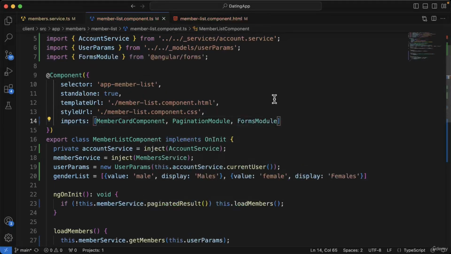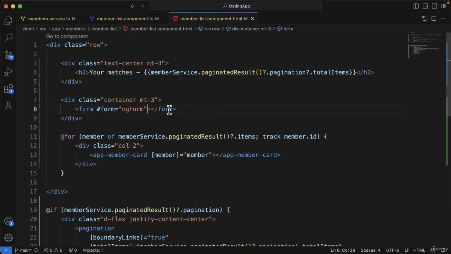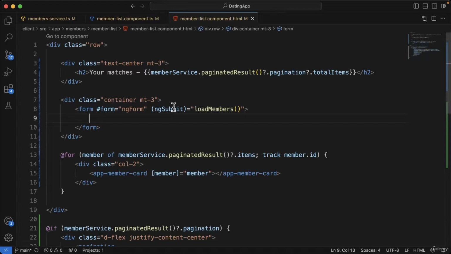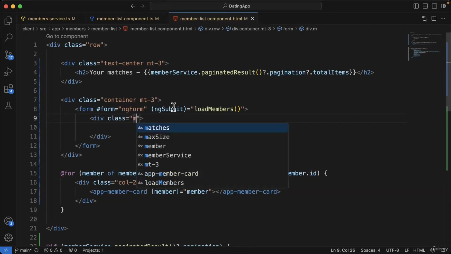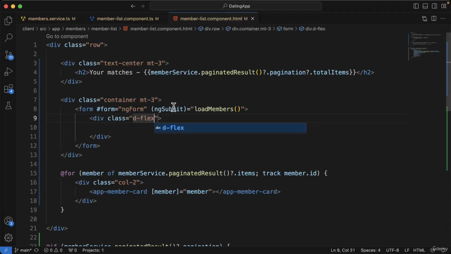So in the imports of the member list component, let's also add the forms module. Then back to our template, and we'll give it an ngSubmit of loadMembers. And then inside the form we'll add a div, and we'll give this div a class of d-flex for display flex, and we'll give it margin left and right of 2, which we use mx for. And then we'll add a label, and we'll take out the for, and we'll give this a class of col-form-label, and then we'll specify age from, and add a colon and a space,